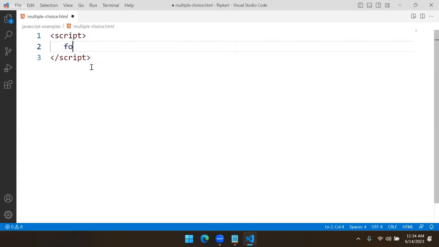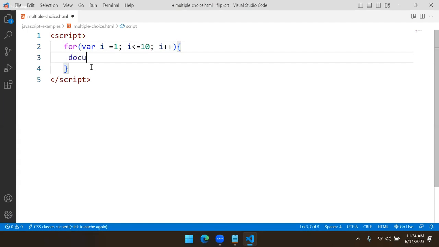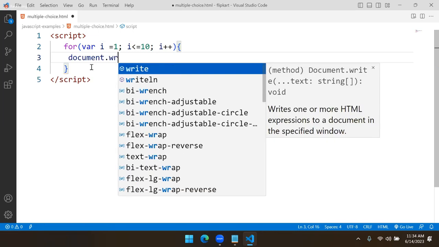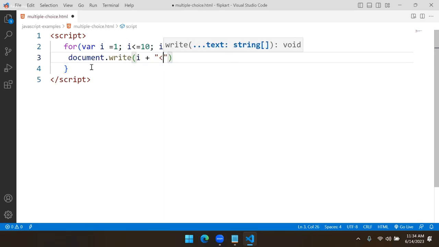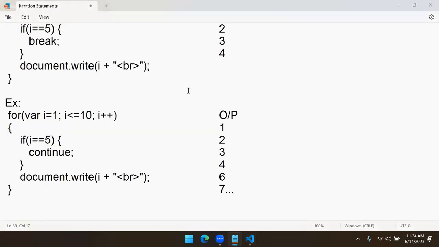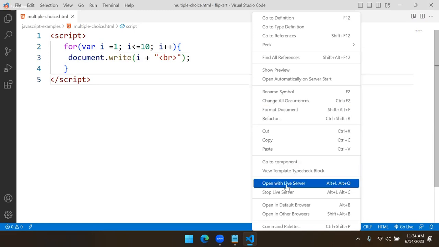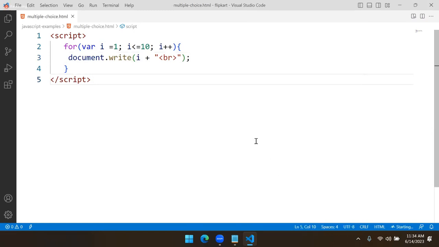I am writing for, where i is equal to 1, i less than or equal to 10, i plus plus. document.write the value of i, break. Now this is a simple program to print all 1 to 10. Now what should happen whenever it reaches